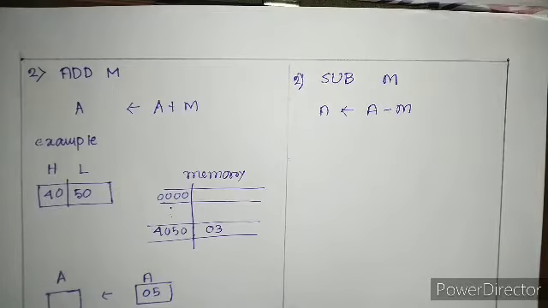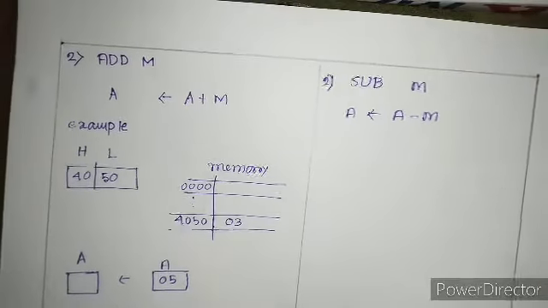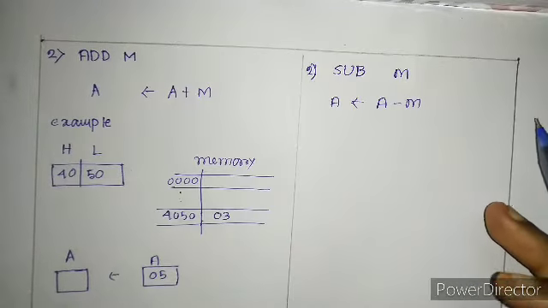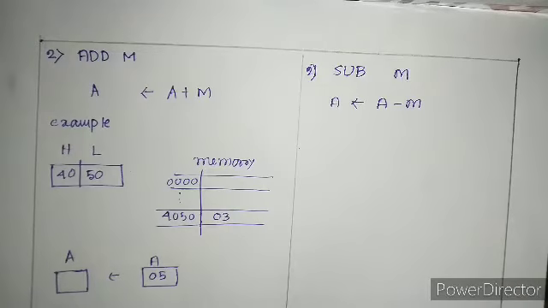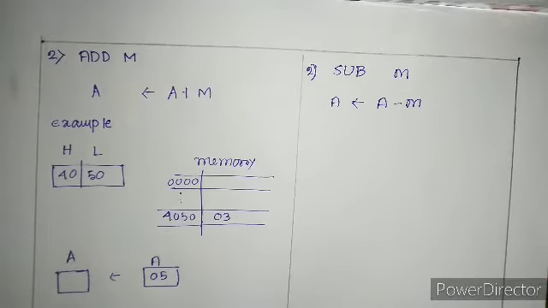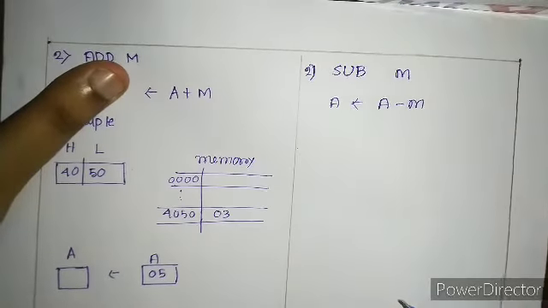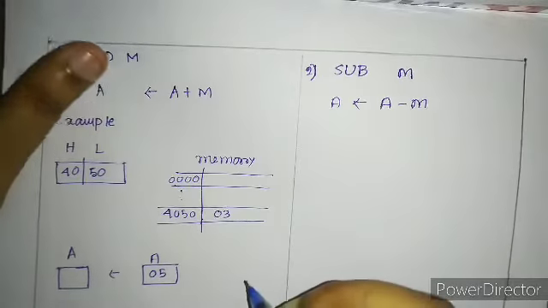Next, I hope you remember that within a processor or within a computer, data can be stored either in registers or in memory locations, right? So if we have to perform some operation, we have to gather the data from these two locations, like register to register, register to memory location, in this way. So our next instruction is on memory location. I hope you remember what M is. M holds the data in the location pointed to by the HL pair.